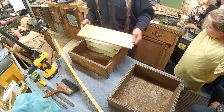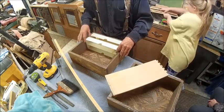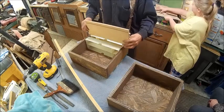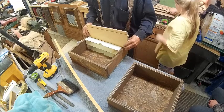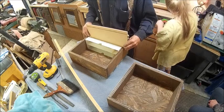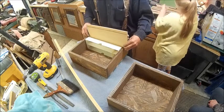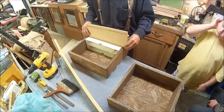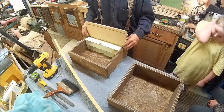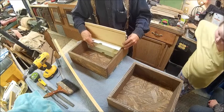Alright, so now that we've got the drawers done, now we've got to put a divider in here. And this is basically just going to keep everything from falling out of the drawers if it gets turned over or whatever, and gives the drawer its separate area. So we'll put that one there,